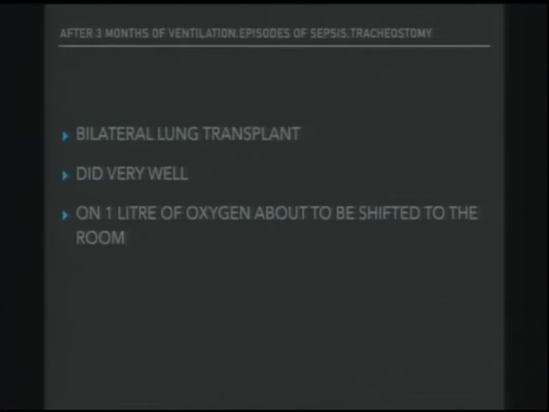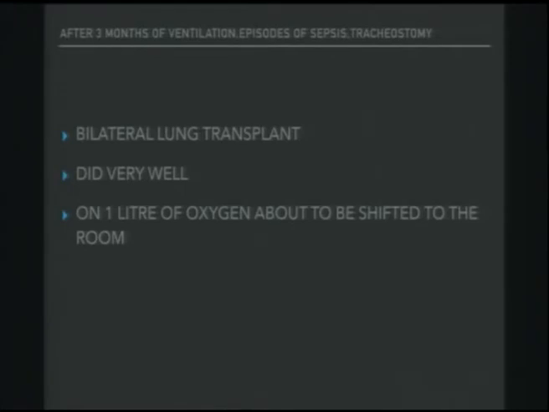I don't know whether this topic is restricted to the heart, and we can talk about lungs because the topic just says graft dysfunction. So I'll share a couple of lungs as well. This man, severe destroyed lungs. He was on ventilation for 3 months, episodes of sepsis, very sick, had a tracheostomy inserted before he